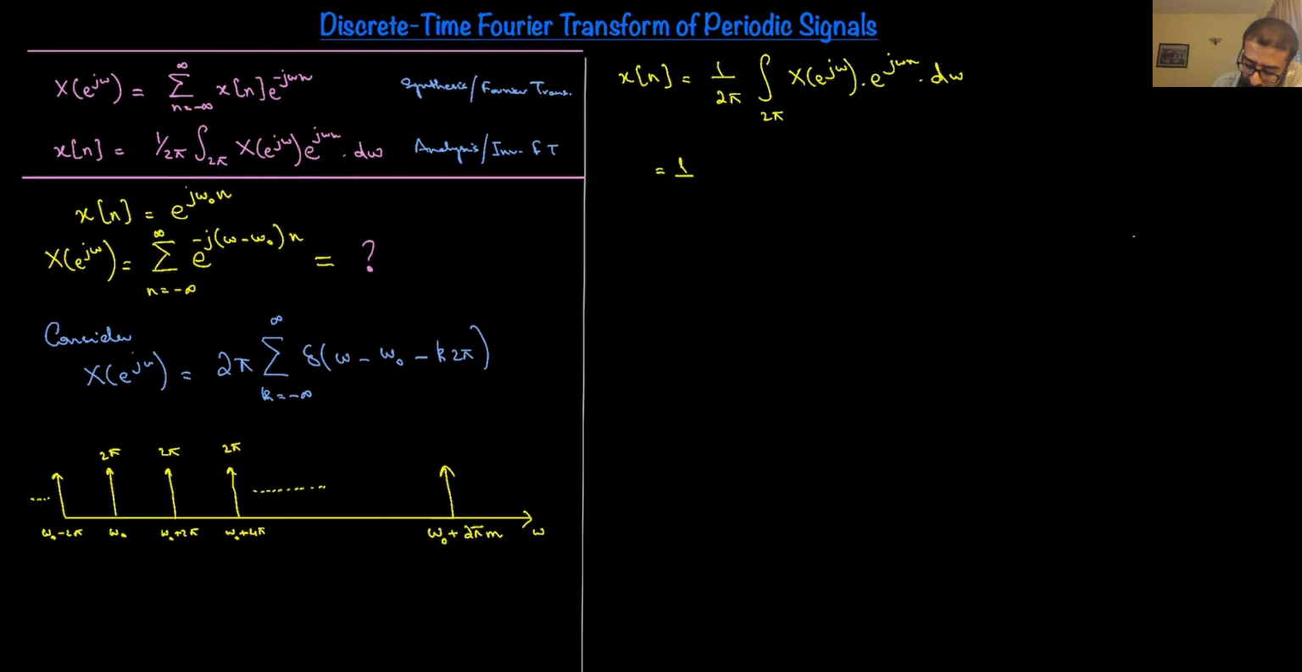If I plug the transform in here, this is a summation k going from minus infinity to plus infinity of delta omega minus omega naught minus k times 2 pi, times e raised to power j omega n, d omega. In other words, in order to find the inverse Fourier transform, all we need to do is evaluate this integral. And this is pretty straightforward to evaluate, and the reason is because this integral is over any interval